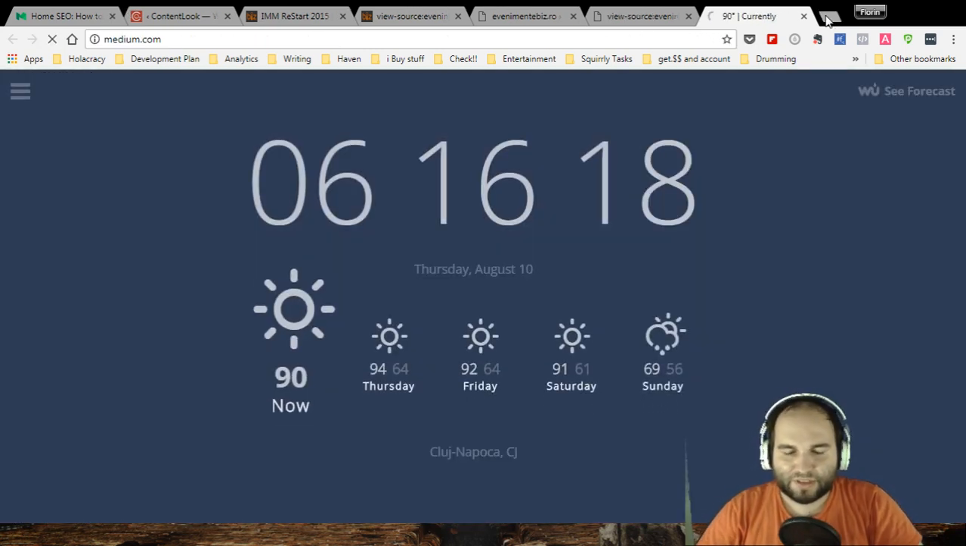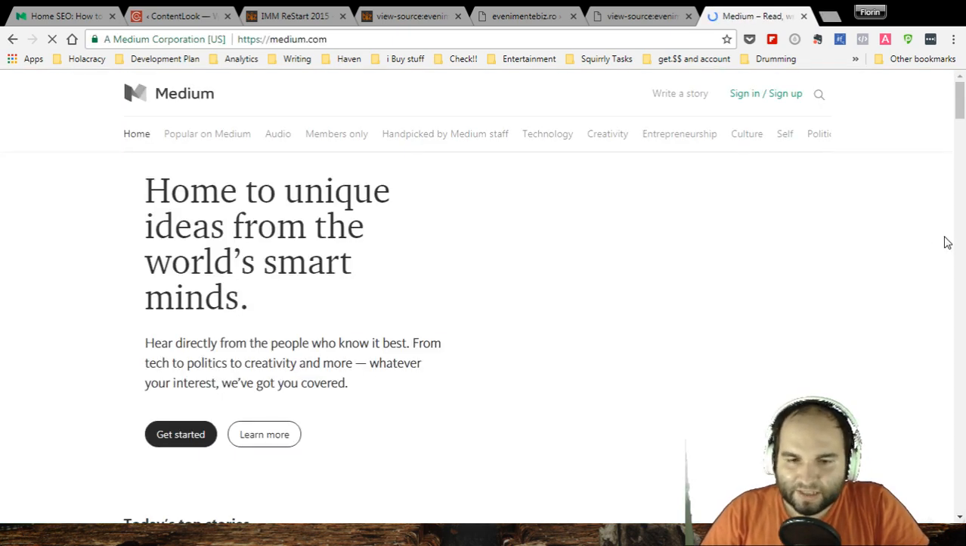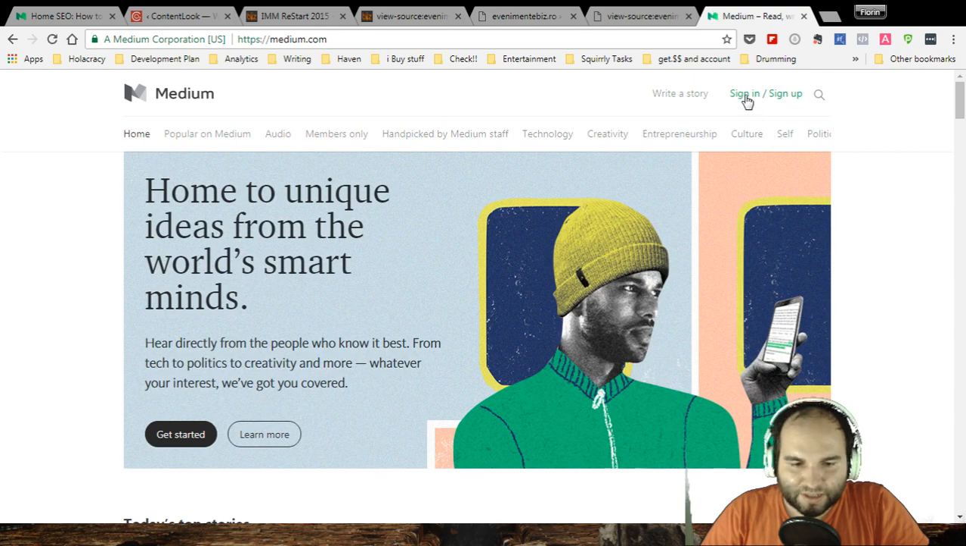Now if we go to Medium, I want to show you a different platform from WordPress this time, and I think that Medium does a great job at making sure that people